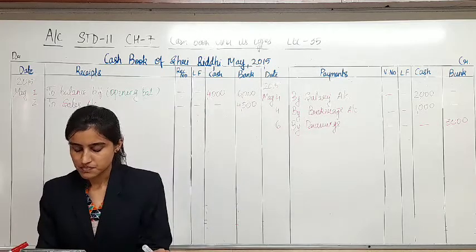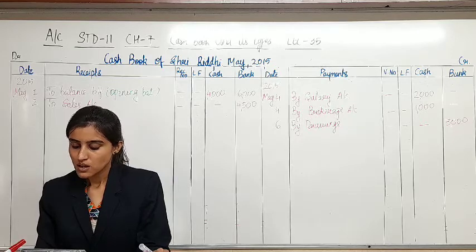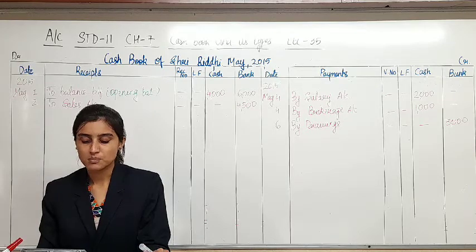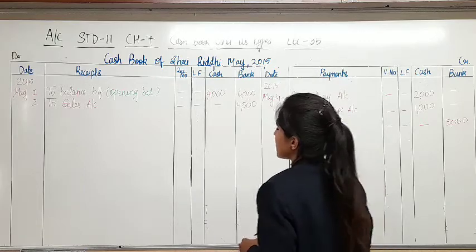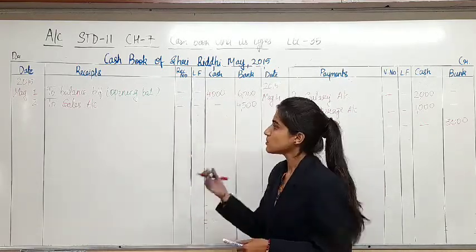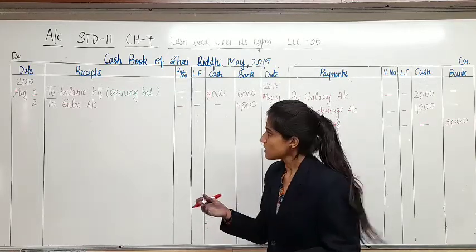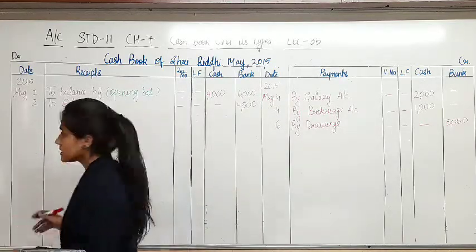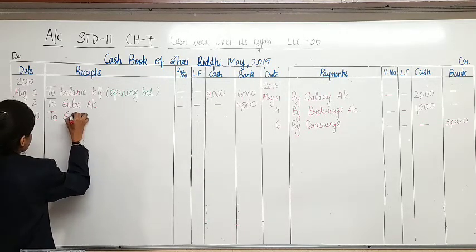On 10th of May, goods of rupees 6,000 sold to Hiren. Hiren paid rupees 4,000 by cash and remaining amount is paid by check, which is deposited in the bank. Goods have been sold to Mr. Hiren. So obviously if you are selling goods, then the amount is received. Goods have been sold to Mr. Hiren for cash and the amount is received from the same person. So on receipt side, on 10th of May, to sales account,